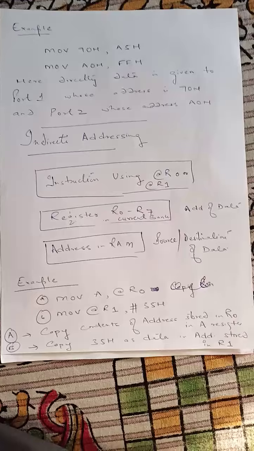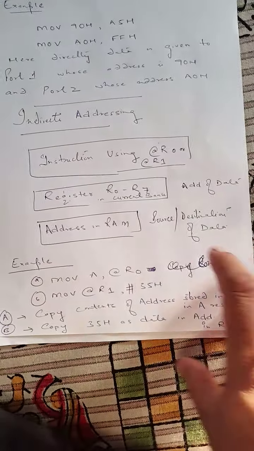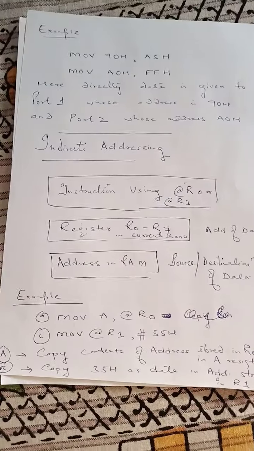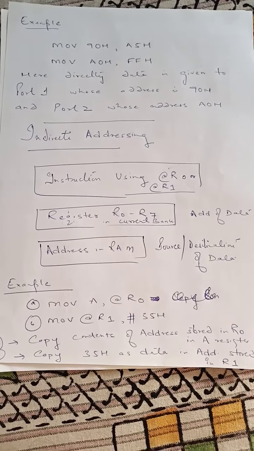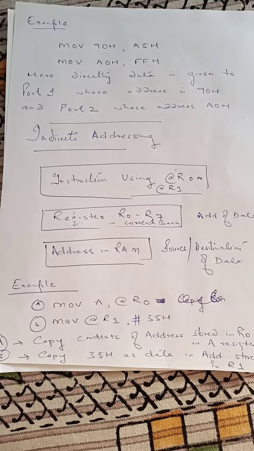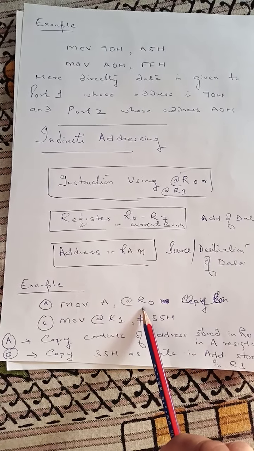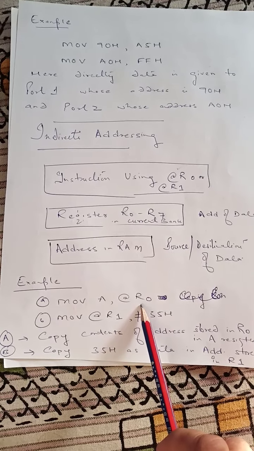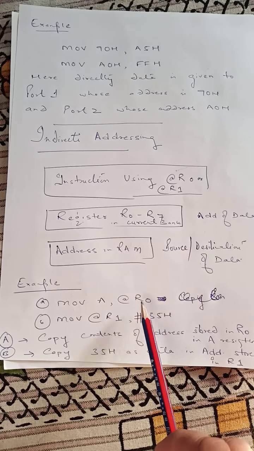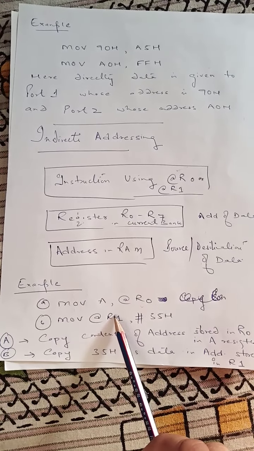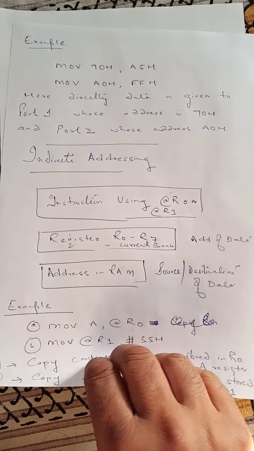Similarly, when we talk about indirect addressing, we use the @ sign. When we use the @ sign, this means that R consists of a value which is not data, it is basically the address at which the data is stored. So say for example MOV A, @R0. Here in this case R0 consists of some value which is not data, which is basically an address, and at that address there is some data which is to be moved to the accumulator. So it is called indirect addressing. In this way there are basically four types of addressing.